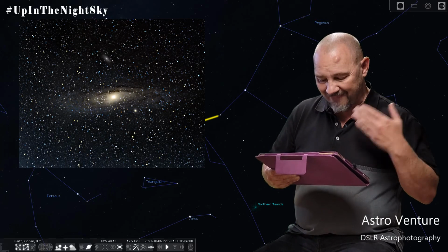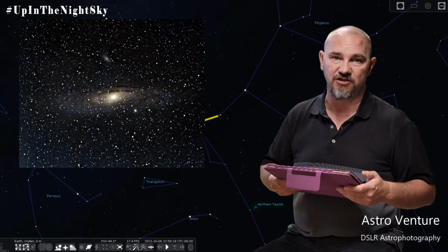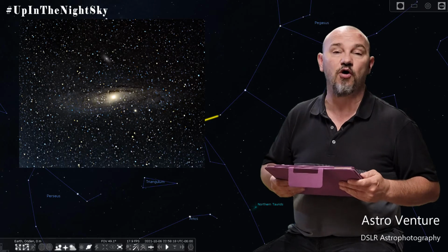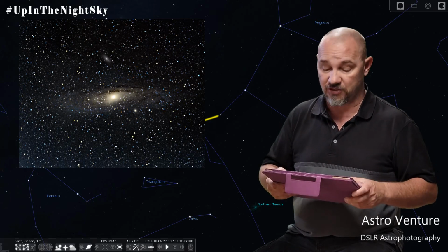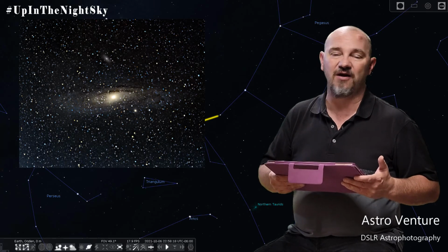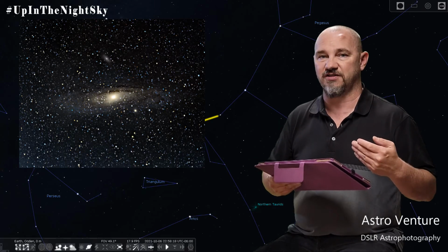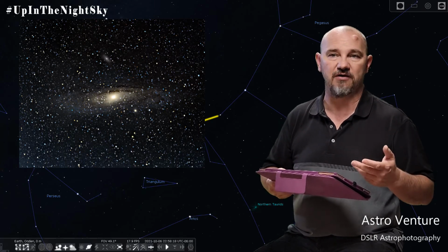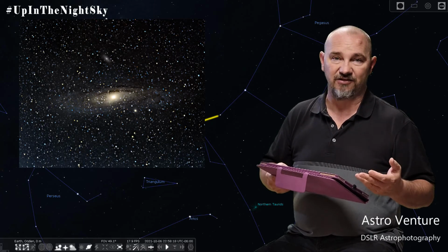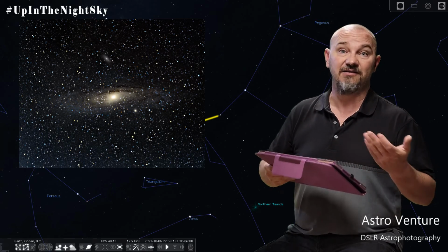So I show you this image, and this is actually my first image of Andromeda Galaxy. And yes, I was quite proud of it, and I would hope that you're proud of your first image that you get of Andromeda. But I don't want you to ever feel defeated because you sat down, you watched this video, I gave you the settings, told you how to locate it, you sit down to try and edit, and it just doesn't look that good, or it looks closer to my first image and not my later image, which